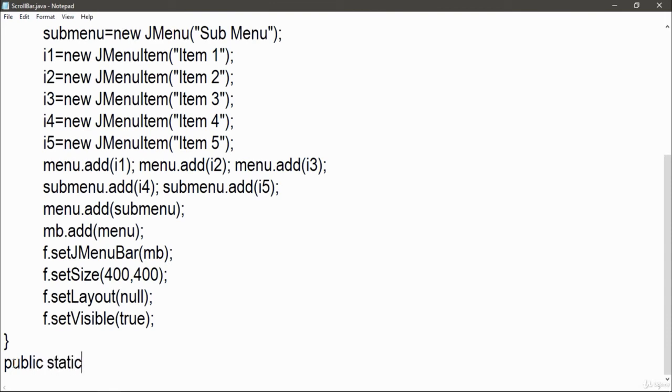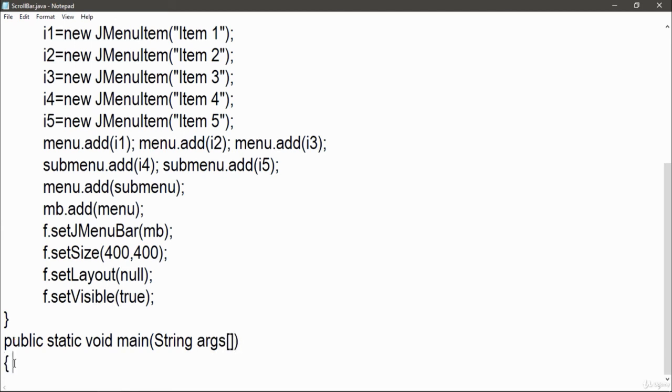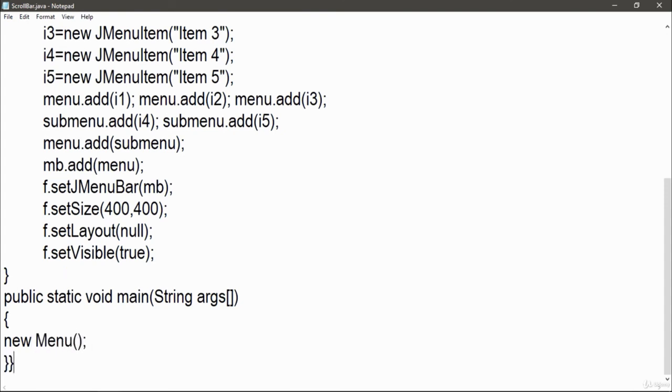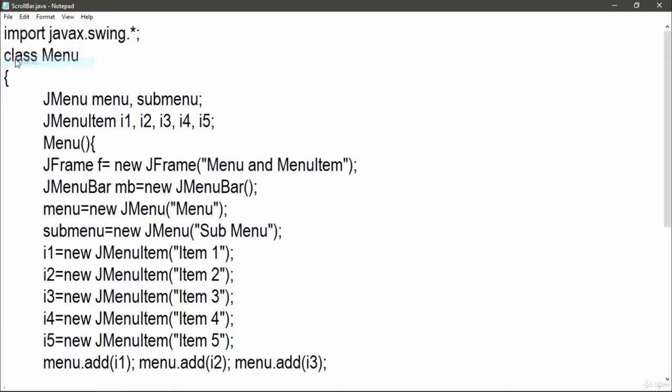Sub menu will be under a menu. In the main menu option, there will be item 1, item 2, item 3. In the sub menu, there will be two more options, item 4 and item 5. So create your public static void main, and inside it just create an object for your menu. Save this file with the name Menu.java,